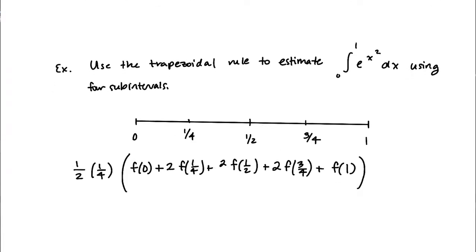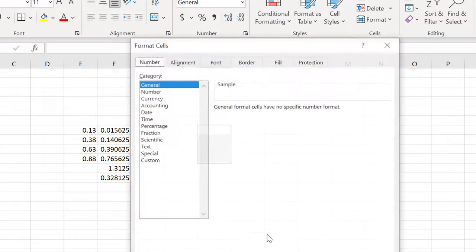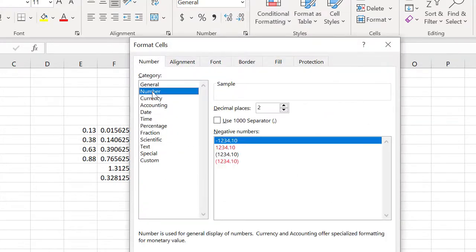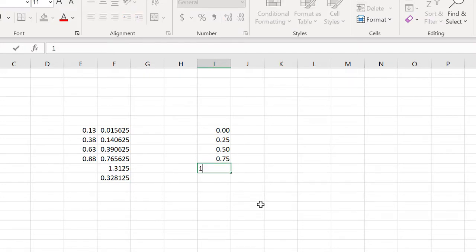let's go to our Excel. And let's do a column of numbers again. This time I'm going to format them as numbers first. Okay, so we're going to do this for 0, a quarter, a half, 3/4, 1,